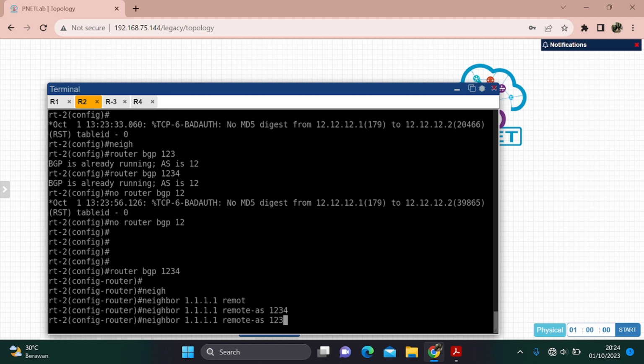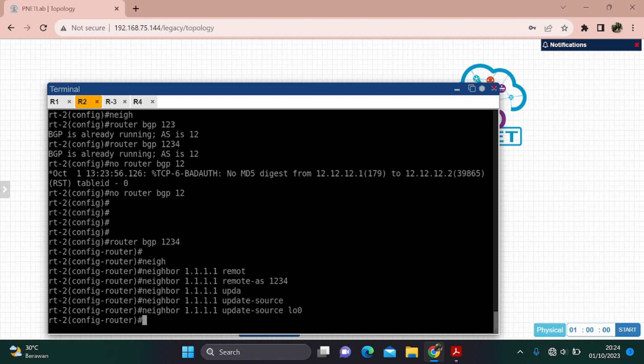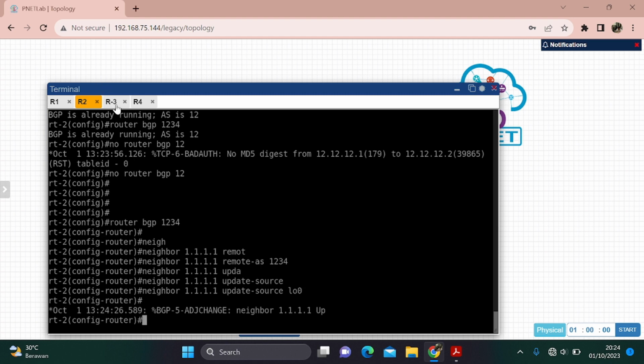After that update source loopback 0, and then go to router 3.